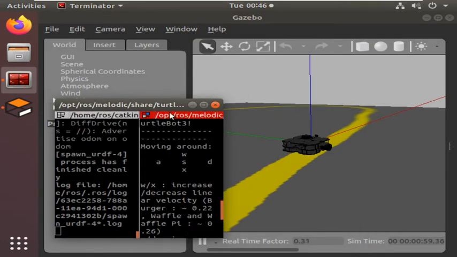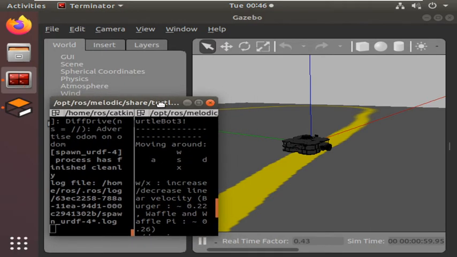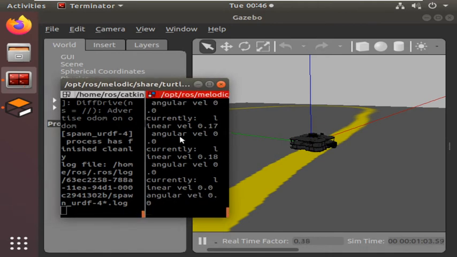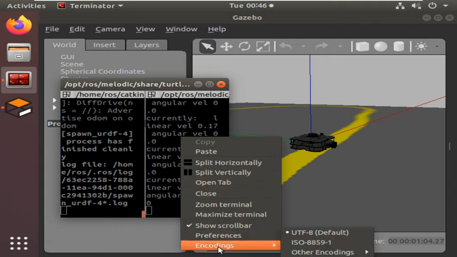So here's our actual key presses. I'll just go ahead and drive the robot forward, and we see in our Gazebo simulation that it moves. Another option that we can actually do is